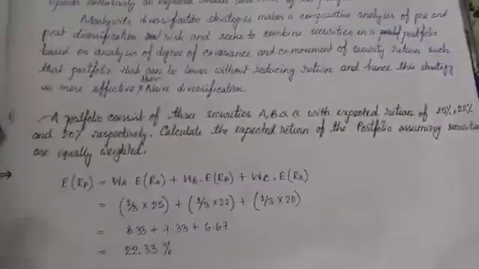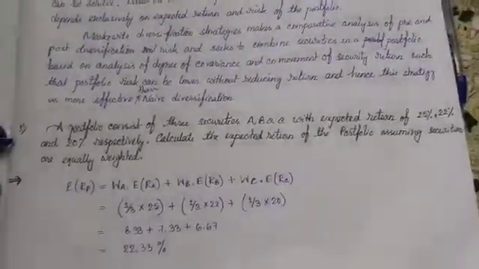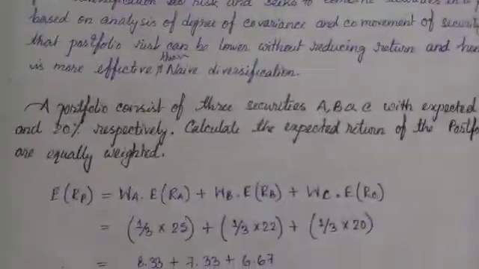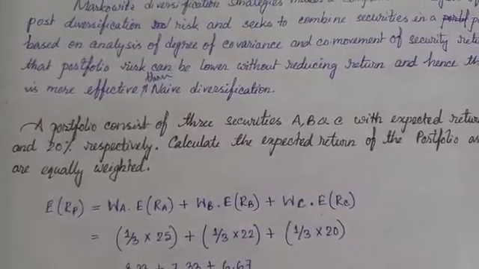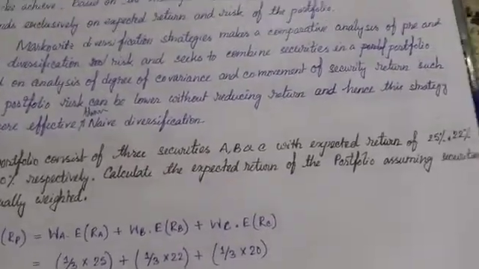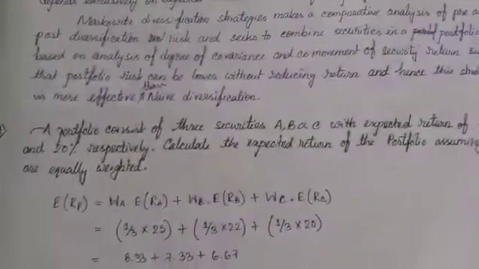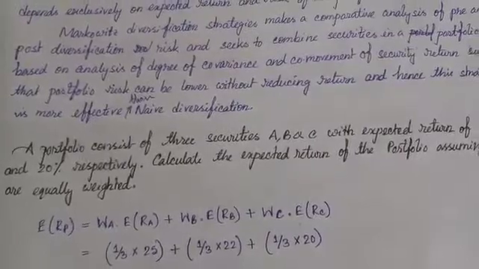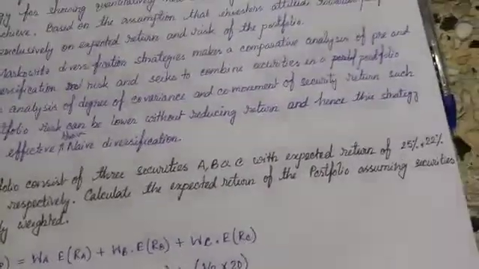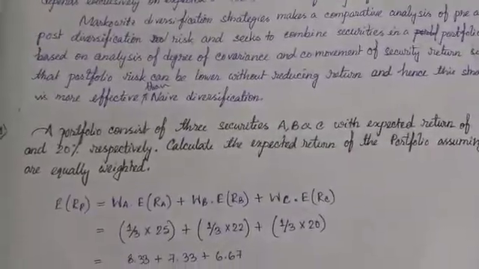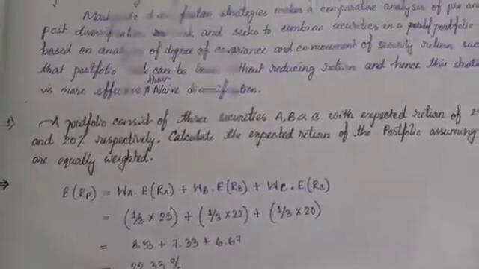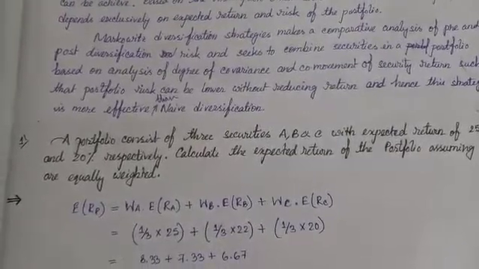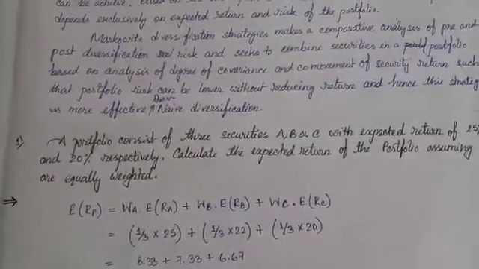Now there is a question for the measurement of the portfolio return, the expected return of the portfolio. Here the question is that a portfolio consists of three securities A, B and C with expected return of 25%, 22% and 20% respectively. From this information we have to calculate the expected return of the portfolio assuming the securities are equally weighted. Here the formula for calculation of the expected return of the portfolio is the summation of